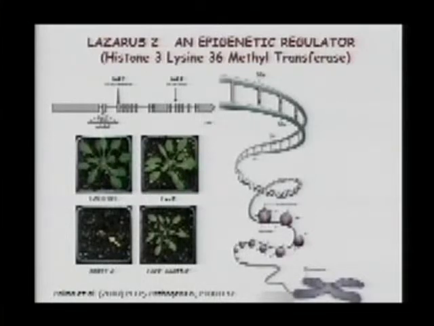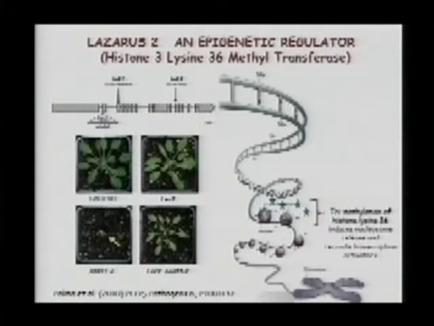Okay? And indeed, these plants are, for example, early flowering, and that's because Laz2, or what's called SDG8, is a regulator of repressors of flowering. Okay, and this had been previously known. So the way Laz2 works is that it trimethylates lysine 36 on histone 3, and trimethylation, depending upon where it is, if it's in upstream regions of genes, including their first introns, then it's actually an activation mark. And so what you're getting is expression of the target gene that is controlled by